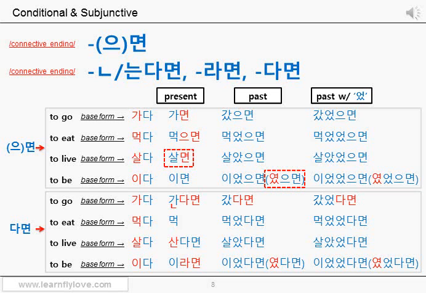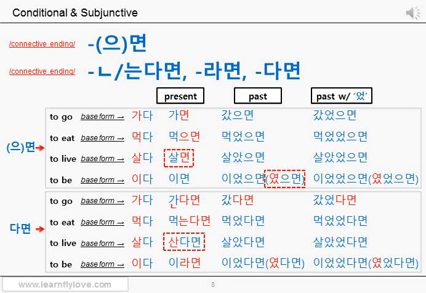When there is a final consonant in the formal block, you add 는다면. There are two exceptions here. First exception also happens to the stem which has final 르 consonant in its last letter, such as 살다. When the last letter of the stem has final 르 consonant, you get rid of the final 르 consonant and add final 느 consonant instead in the present tense. So it becomes 산다면 instead of 살른다면.